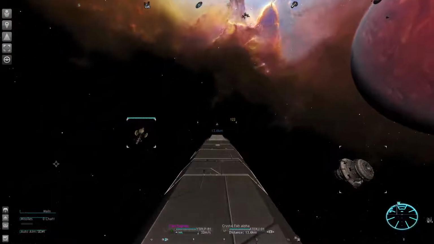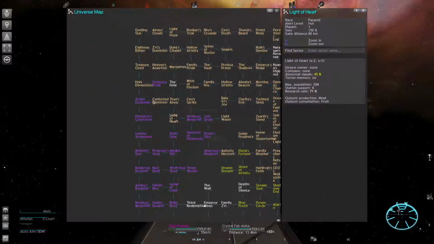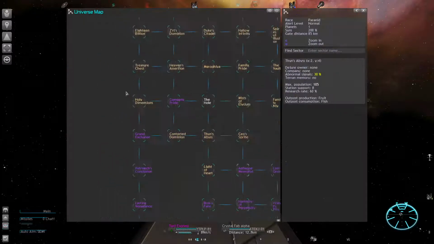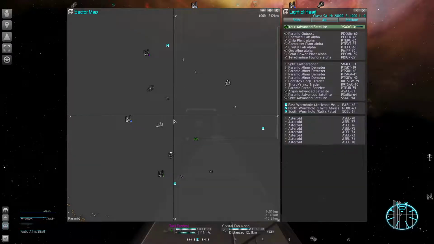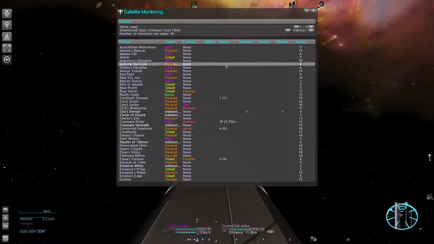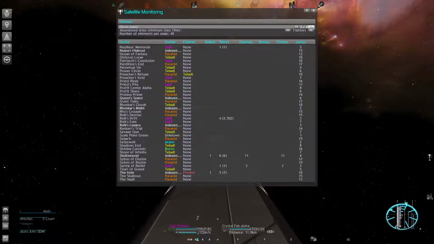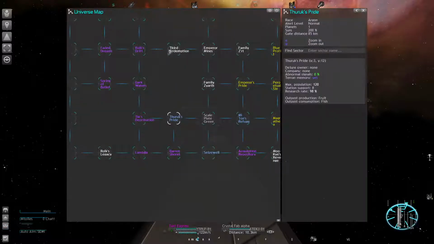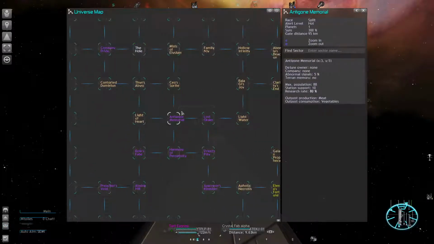Just doing some taxi runs in preparation for the reputation hit here. Yeah, the Xenon destroyer has left and is now invading, at least he was invading this Paranid sector. Apparently he's either destroyed or relocated. Yeah, let's check the satellite network. We don't have vision over him, so he has either been destroyed or he has joined the Xenon fleet